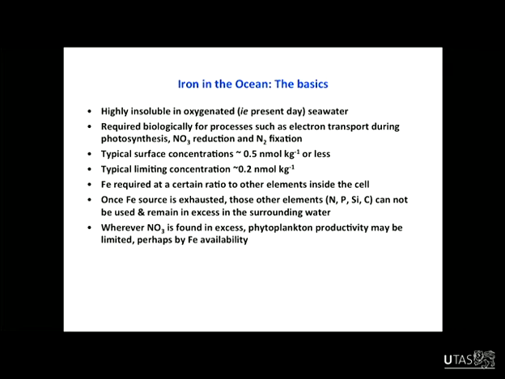Okay, so we left off talking about the properties of iron in the ocean, and I mentioned how phytoplankton evolved oxygenic photosynthesis that uses enzymes. The enzymes that move the electrons around in photosynthesis require a certain amount of iron. And if phytoplankton don't have enough iron, they won't be able to synthesize those enzymes and they won't be able to perform photosynthesis.